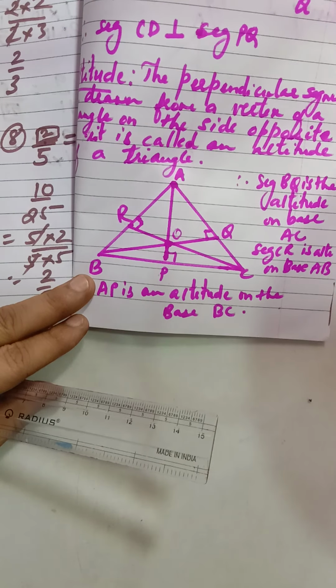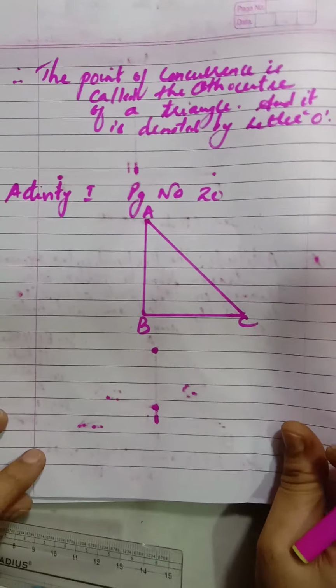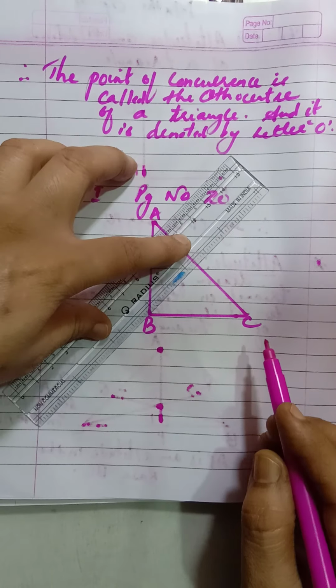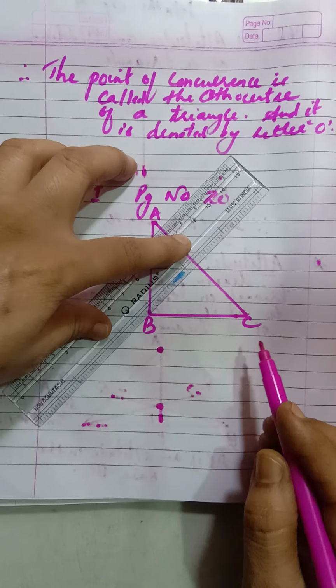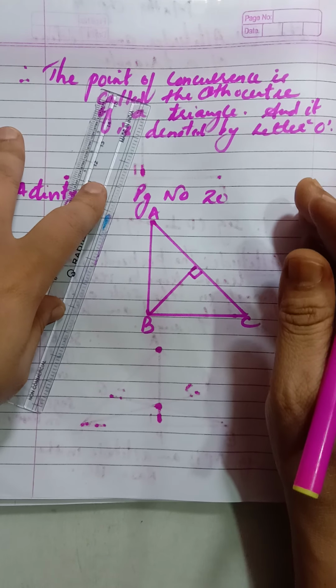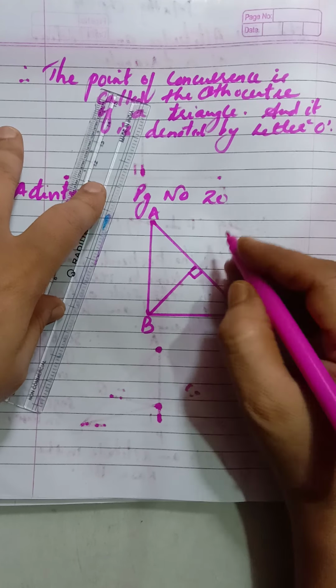So children, this is our third activity of the textbook, right? We will not be repeating that we have drawn the acute angle triangle and all the three altitudes, and all the three altitudes intersect at one common point, and that point is in the interior of the triangle. Now coming back to our right angle triangle. Suppose I am drawing a perpendicular from this vertex B. I have drawn this perpendicular, and for example I name this foot of the perpendicular D, you can name it anything.